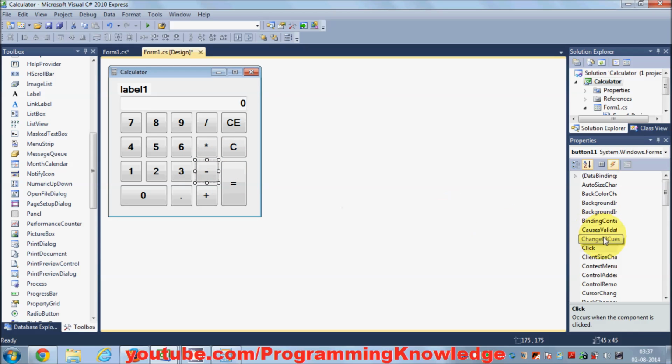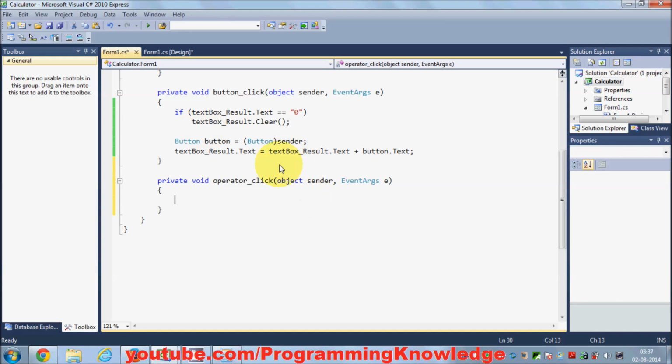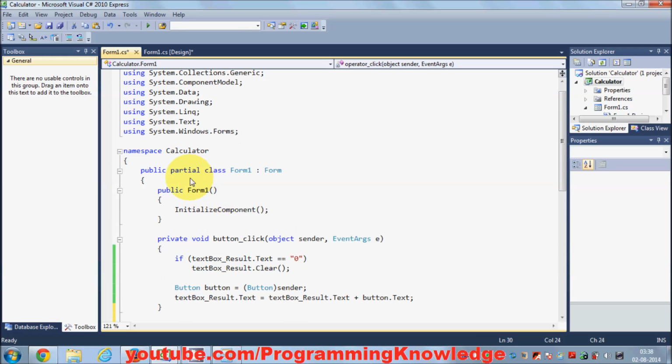Just copy this operator click, go to the minus button, paste it there, go to the multiplication button and paste it in the Click event, and once again go to the division button and paste it there. Okay, so whenever I press any button for plus, minus, multiplication or division, we are also going to catch the button action, and we want to store this button operation in some variable. So we go to the top of our class